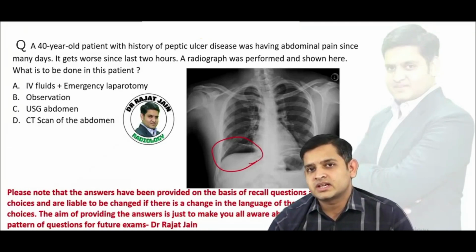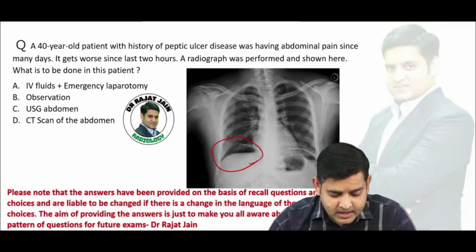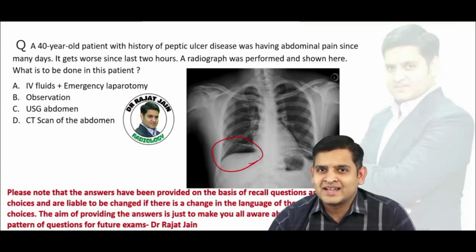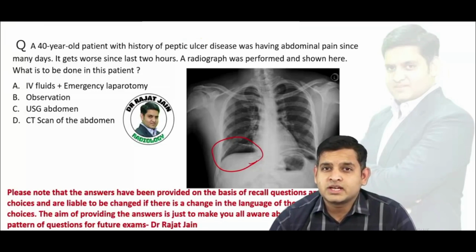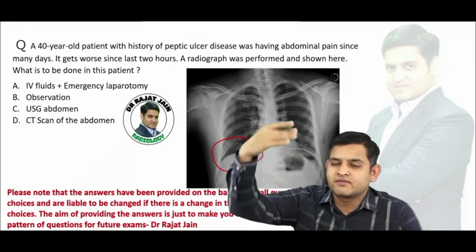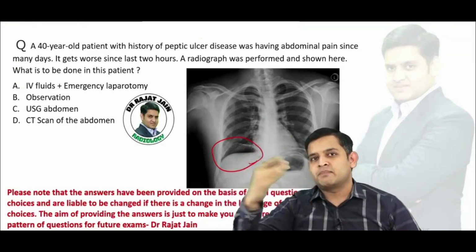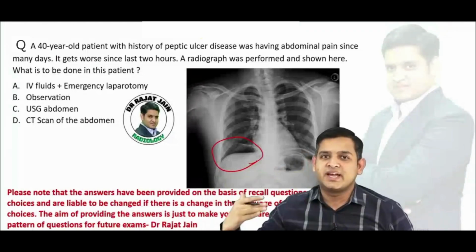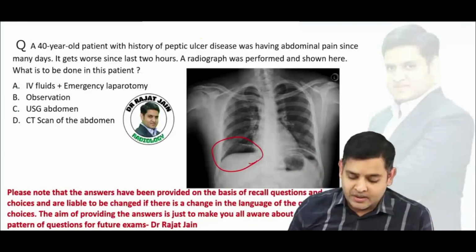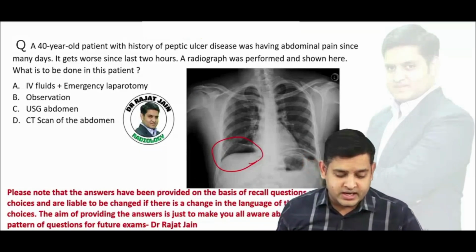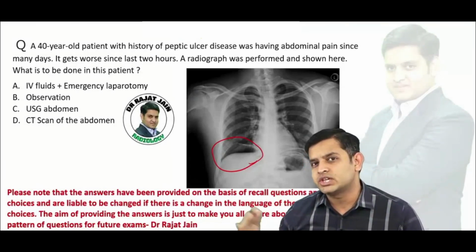Now we know that this is a case of a perforation peritonitis. Now there is a lot of confusion in the choices that are there. Some people have told me that it was a multiple completion type where the 5 choices were given and it was A plus B, A, B, C, A, B, C, D, E, etc. So if you ask me if it's a perforation peritonitis, though it's become more of a surgery question,